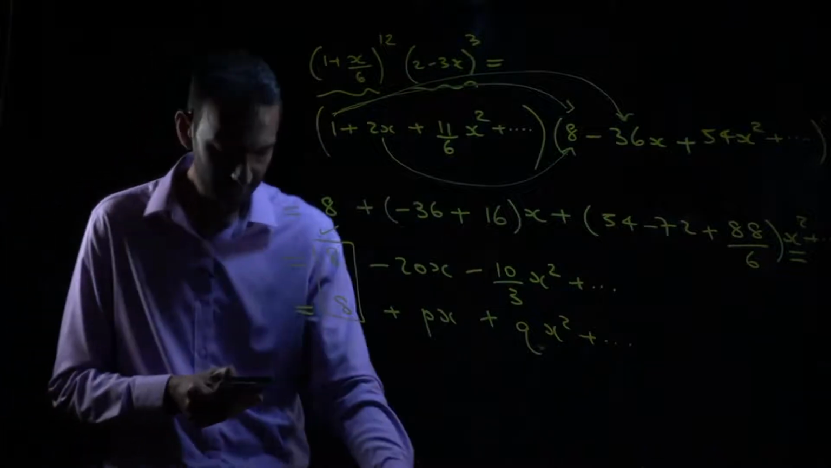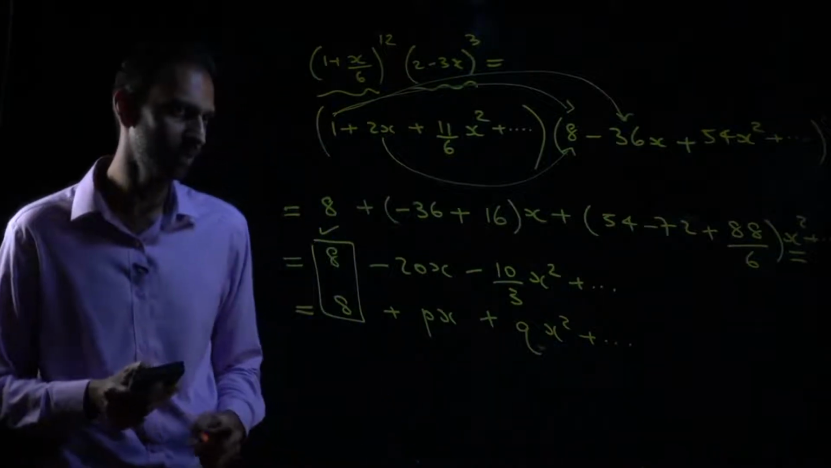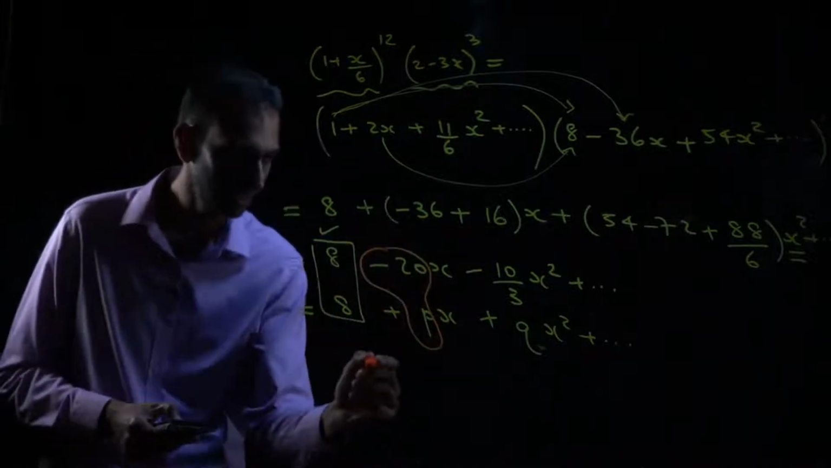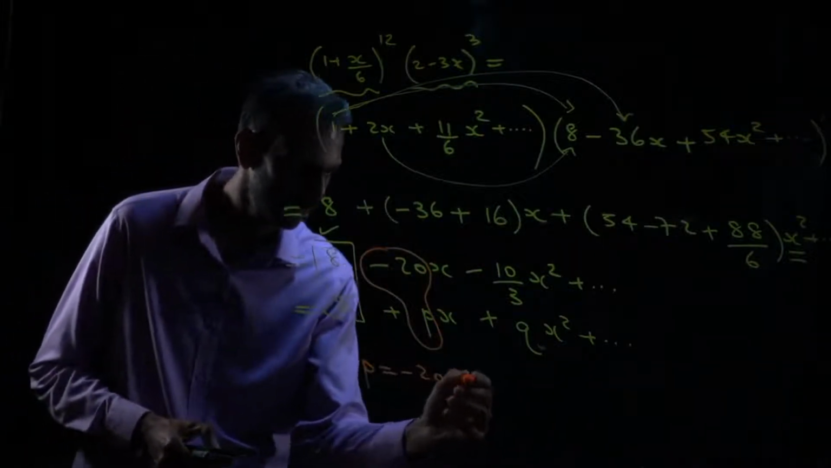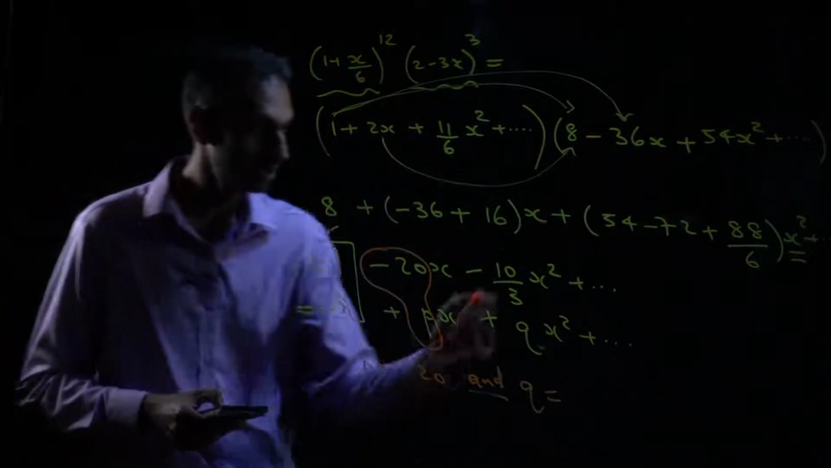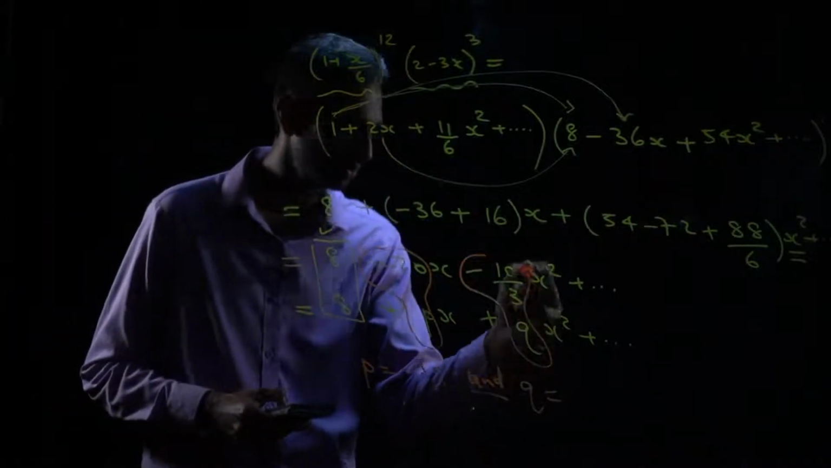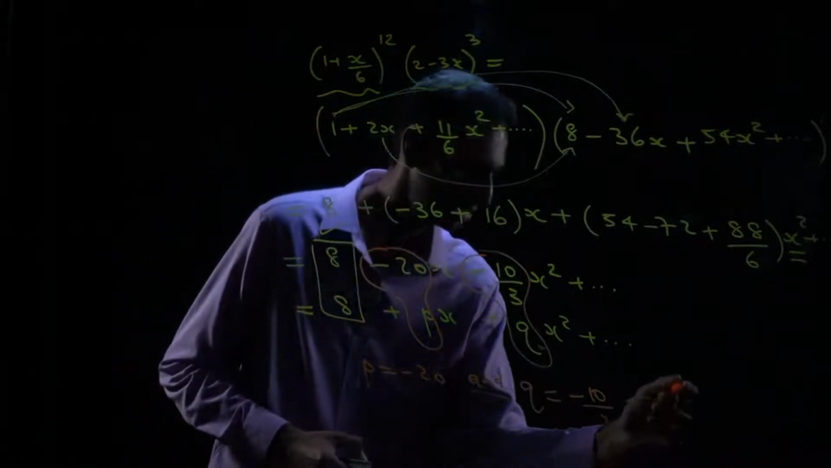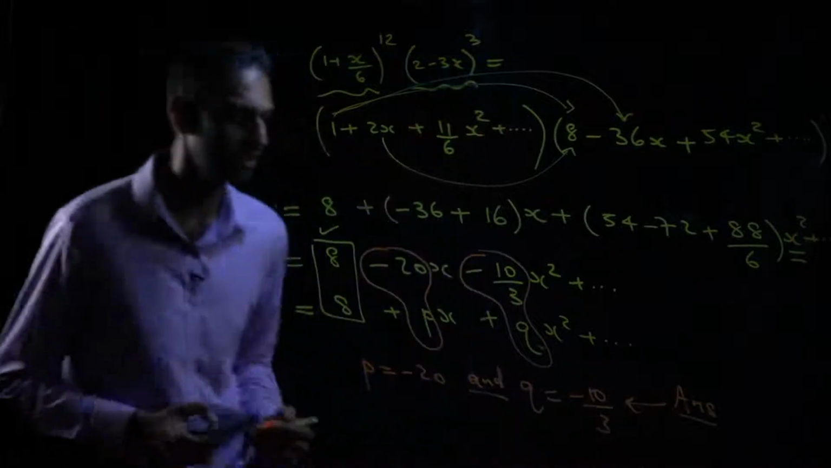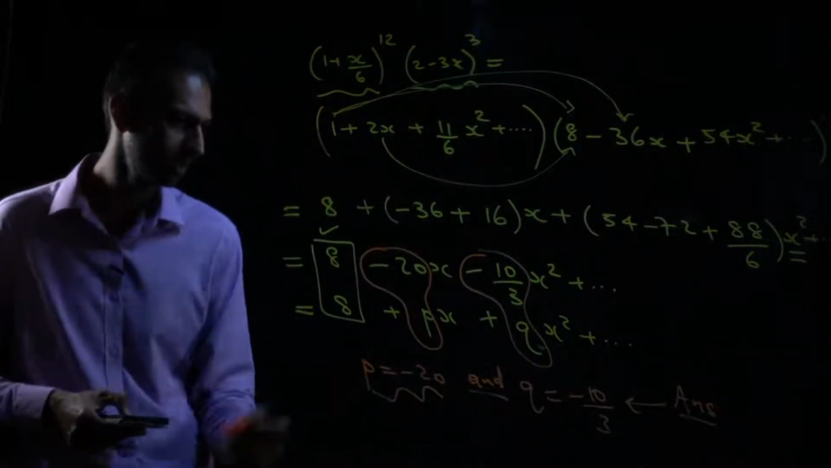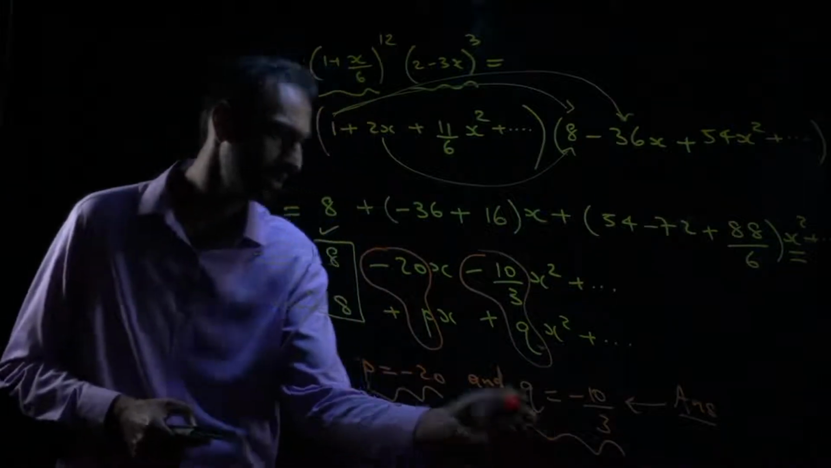So let's compare. We need to find the values of p and q. So p would be basically minus 10, minus 20. And q, if I equate the q, would be minus 10 over 3. So these are the answers to the solution. Basically we have p is equal to minus 20, and q is equal to minus 10